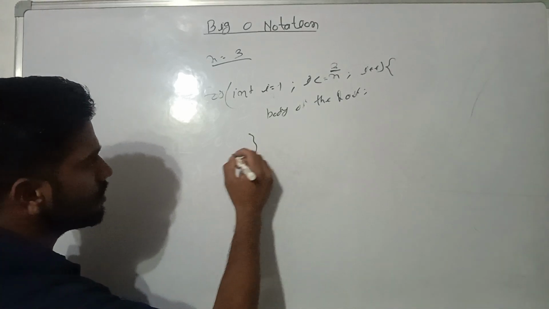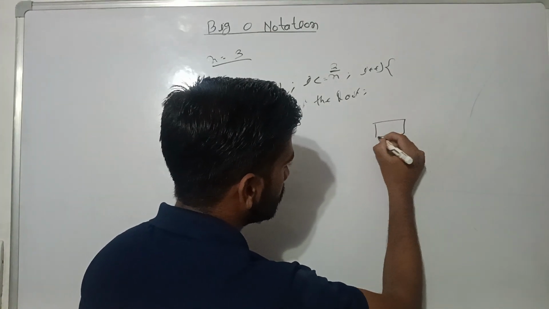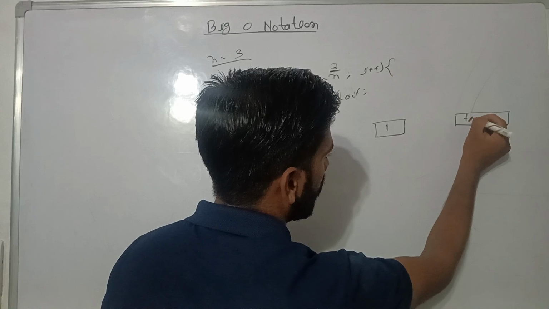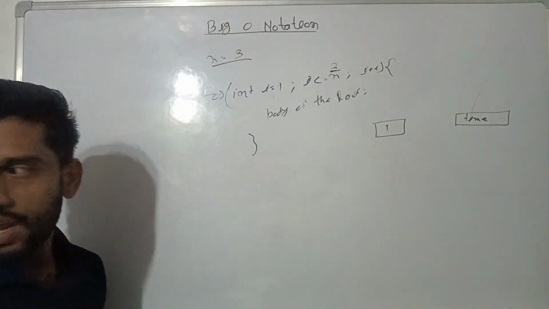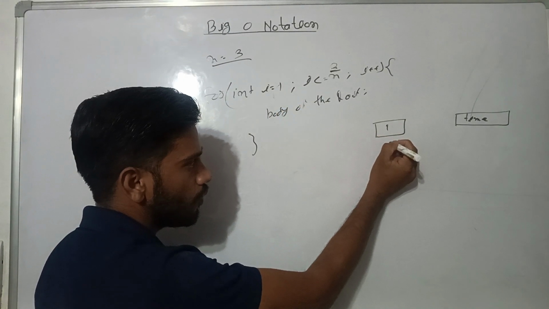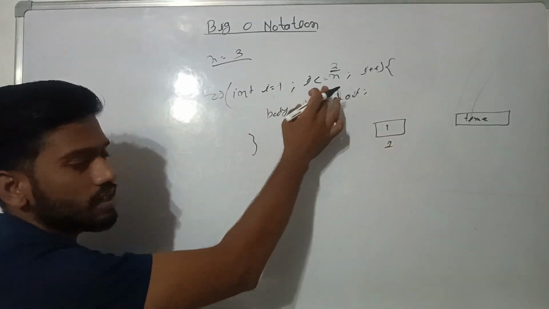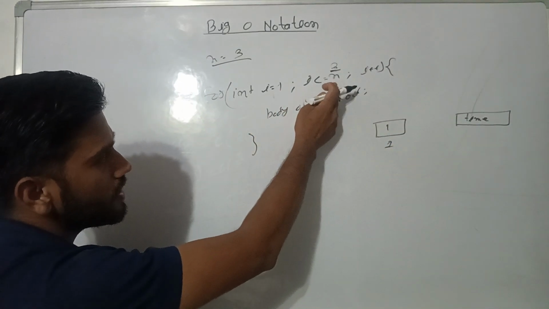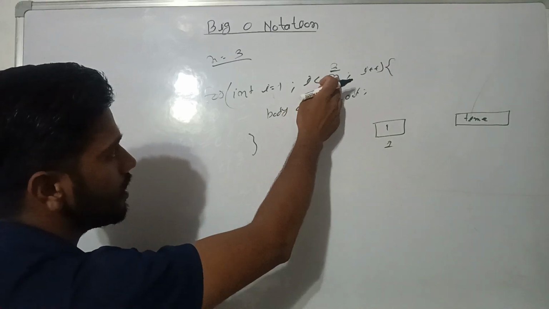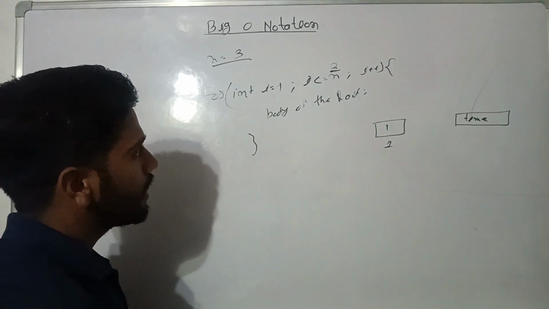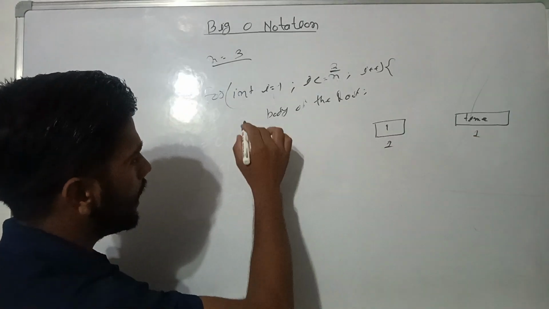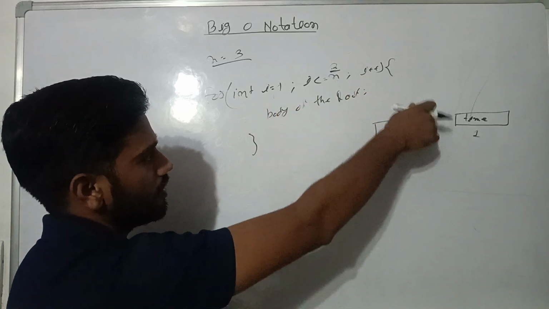At the initialization phase, here is i, and here is the iteration, and how many times it will be executed. At the initial phase, i is equal to 1. Then it will check the condition, i less than or equal to n. This condition is satisfied, and it will iterate for 1 time. At the second time, it will increment.